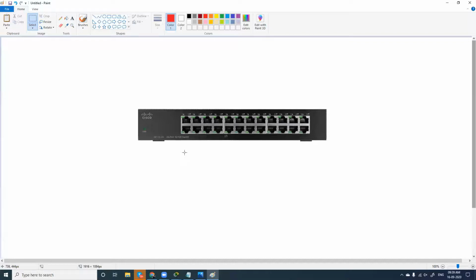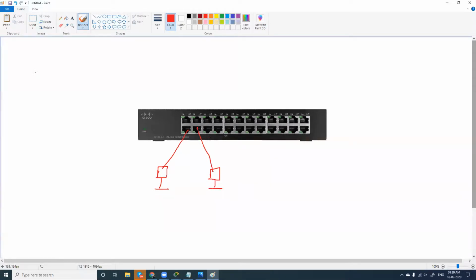That's it. Fine. And now what we are going to do, as discussed earlier, you have many ports here. It's a 24 port switch, and you have port number 1, 2, 3, 4, 5, 6. You have a lot of ports here. What I do is connect this computer to this port, and connect another computer to another port.